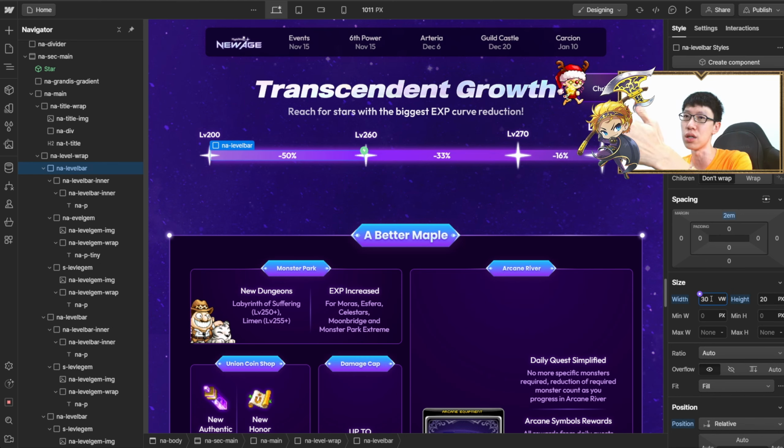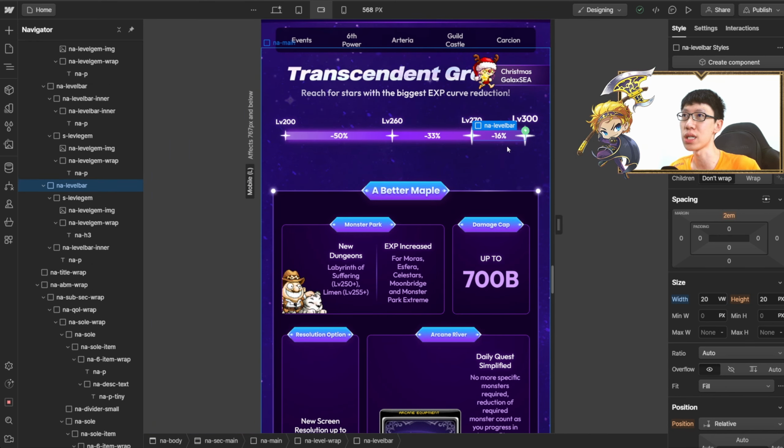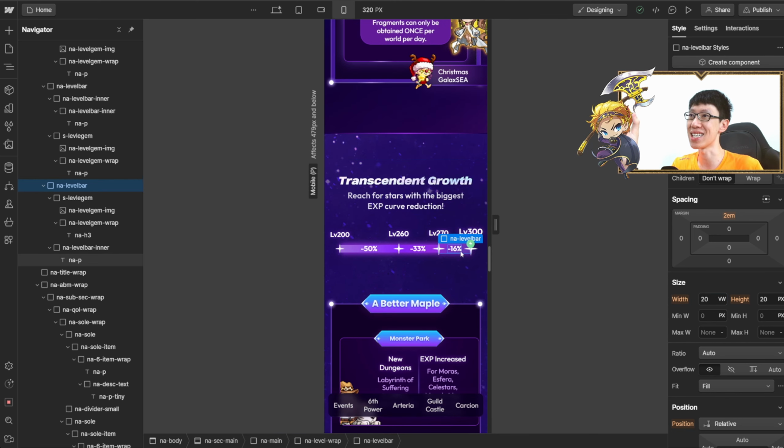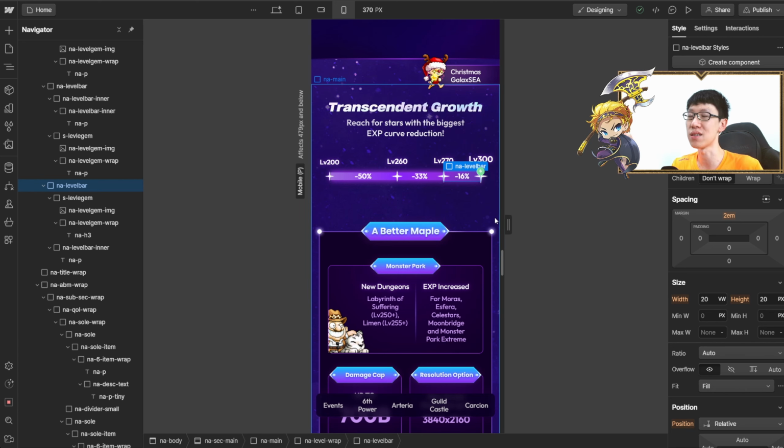I can just change it like 30 over here. This is 30 viewport width over here. Shorten it that time, it will be much smaller. As you can see, I have like 20 over here as well. So we have 20 real estate over here, as you can see, right? Yeah. So since it's 4 of them, it's very easy for me to actually put it in mobile view.